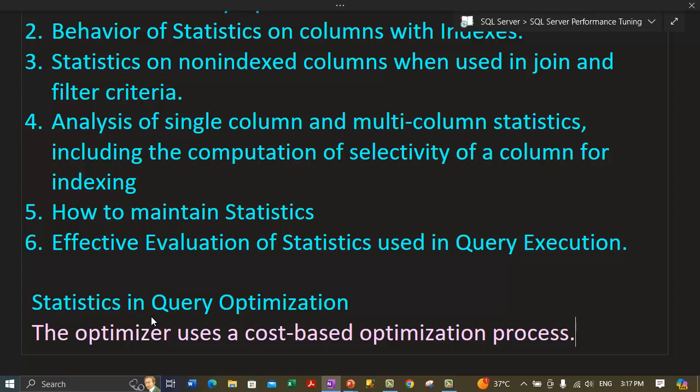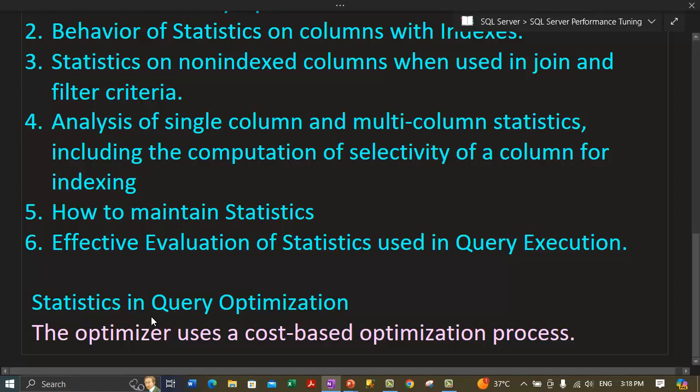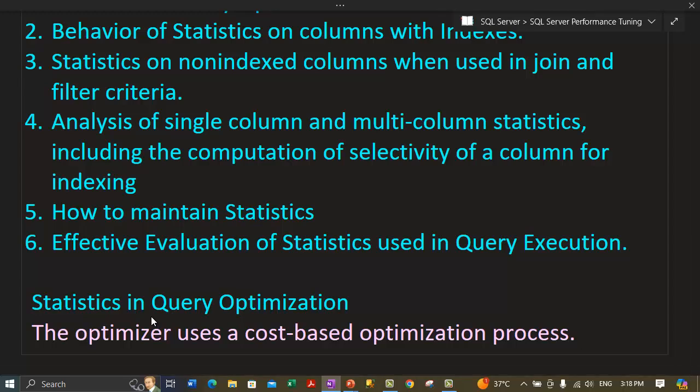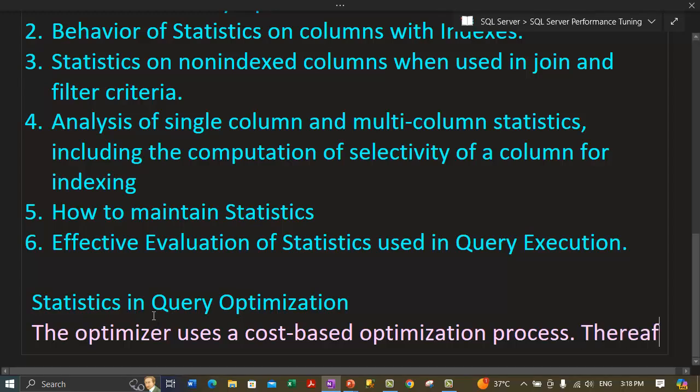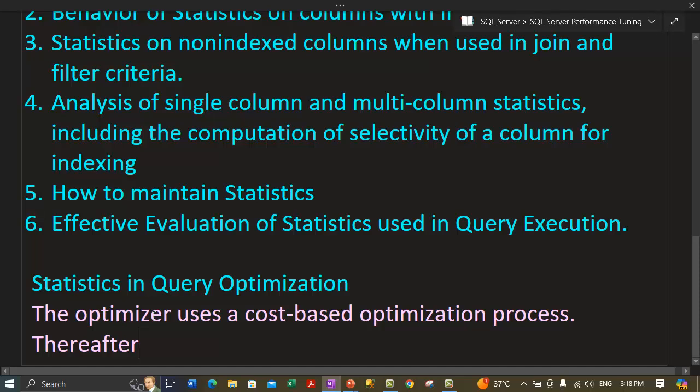In those videos we discussed that the optimizer uses a cost-based optimization process, and it chooses the most effective one. To summarize, the optimizer uses a cost-based optimization process, and thereafter,